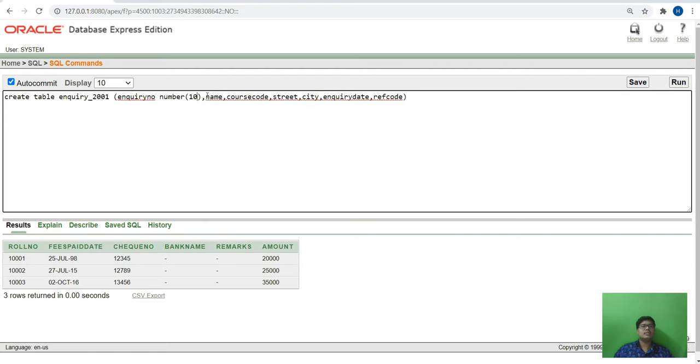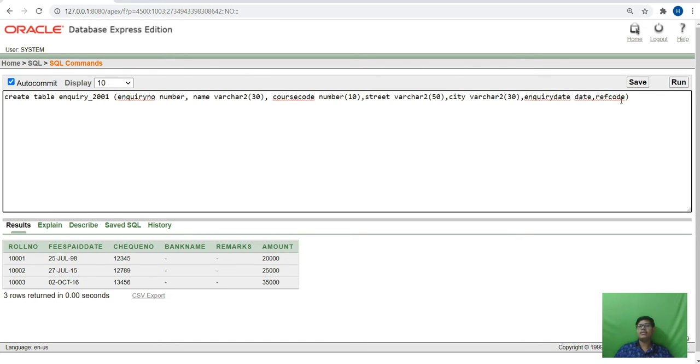Enquiry number, name varchar2, course code that is number, street having 50, next city varchar2 having 30 attribute.